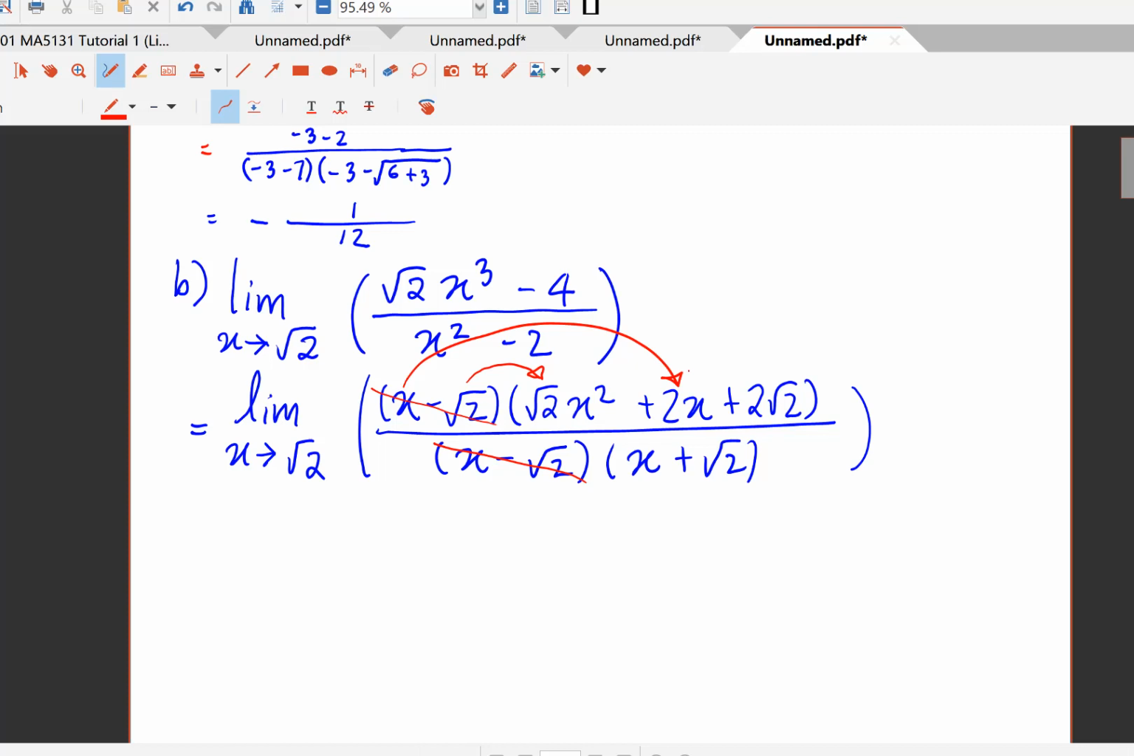Can you factor out the root 2 first, is it? And then after that you use difference of 2 cubes. Sure, I think you can. Yes. So another suggestion given is, why don't you take out root 2 first, and then the difference of 2